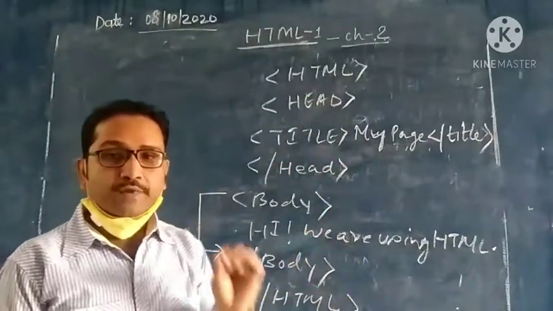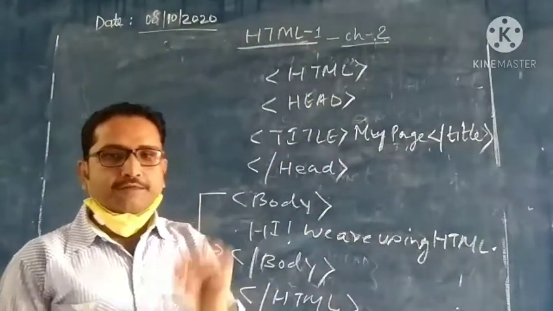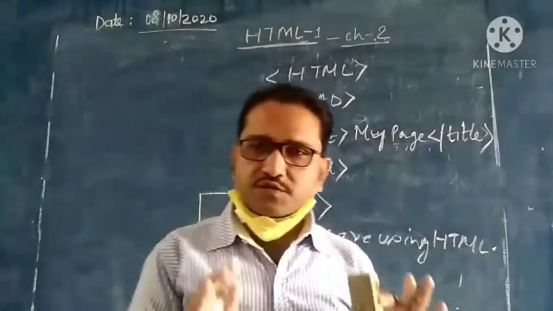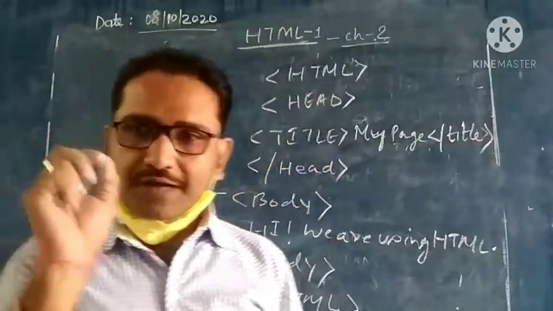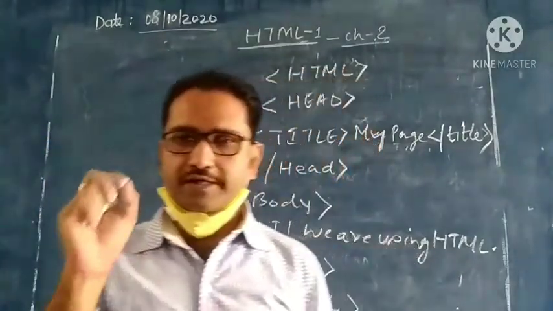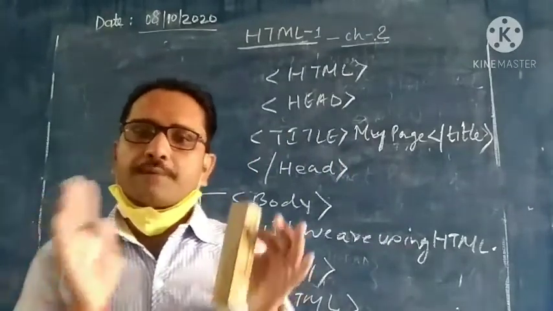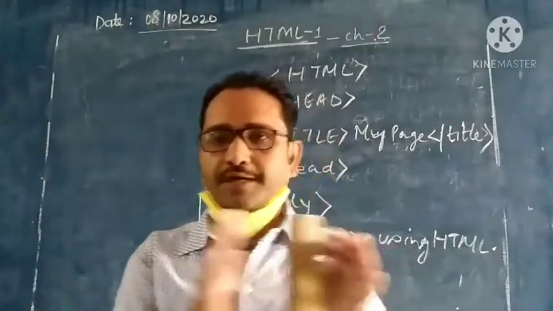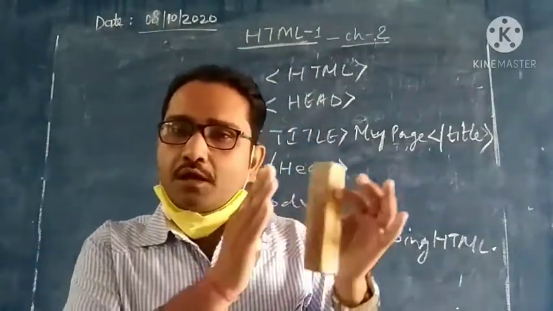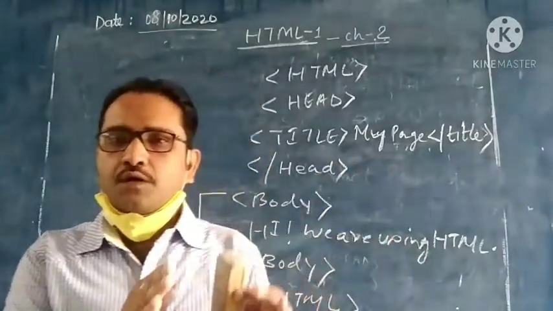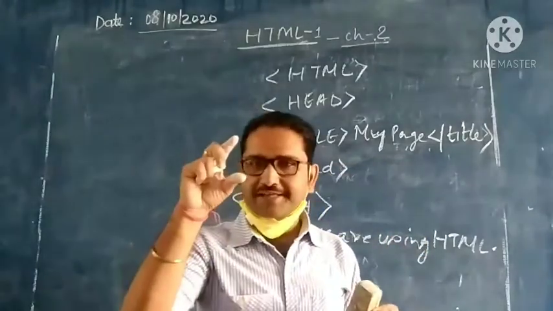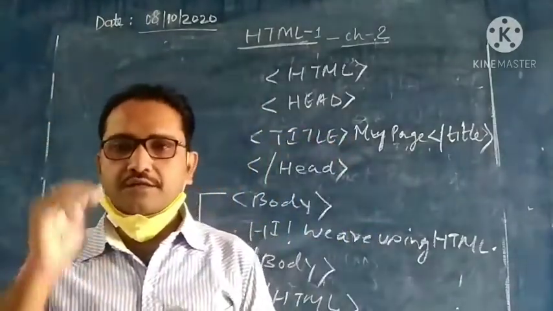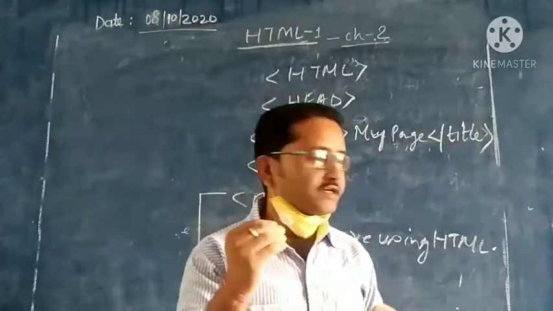It is written in Notepad. In Notepad, you have to save that file with the file name extension .html or .htm. After saving that file, if it is saved on the desktop, My Computer or My Documents, we just double click on that icon. We just double click and it will be viewed as that web page in Internet Explorer.